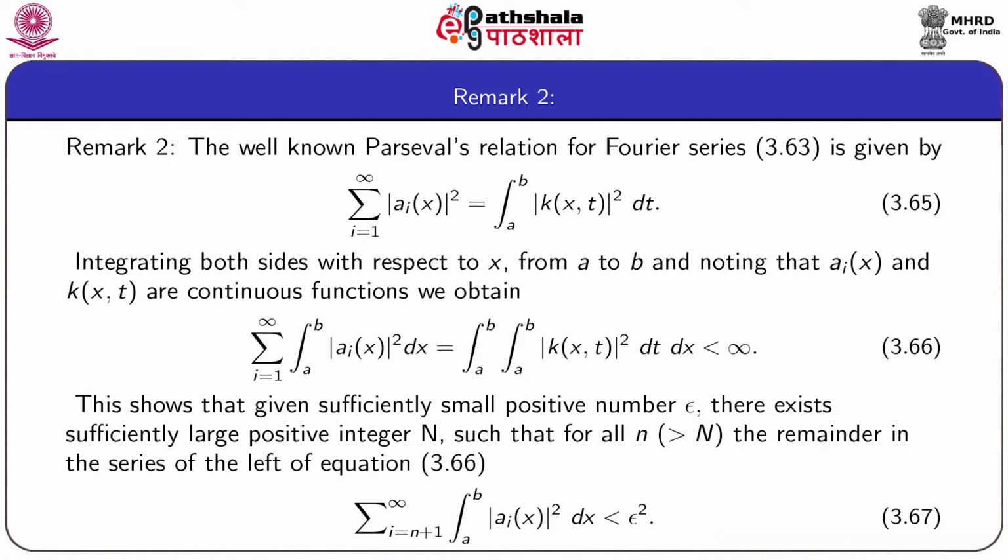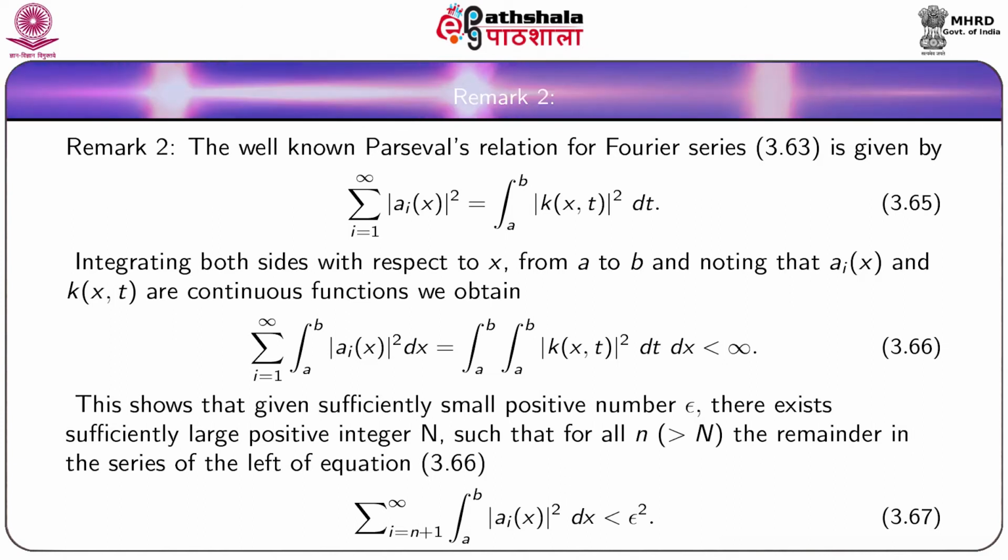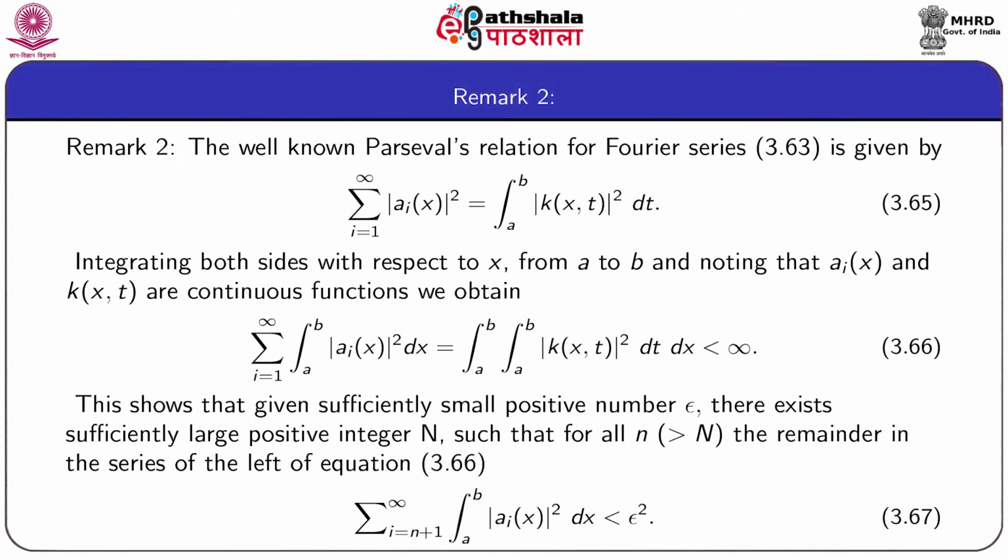Now we come to remark 2. The well-known Parseval's relation for the Fourier series 3.63 is given by summation i equal to 1 to infinity mod aix square is equal to integral a to b mod kxt square dt, as given by equation 3.65. Now we integrate both sides of equation 3.65 with respect to x from a to b, and we note that aix and kxt are both continuous functions, so that the summation and integral can be interchanged to get the relation given by